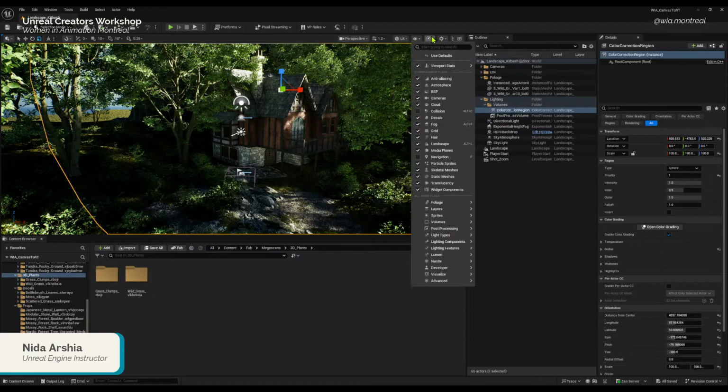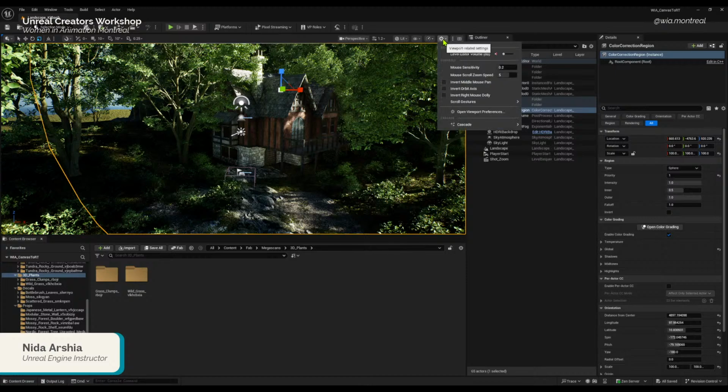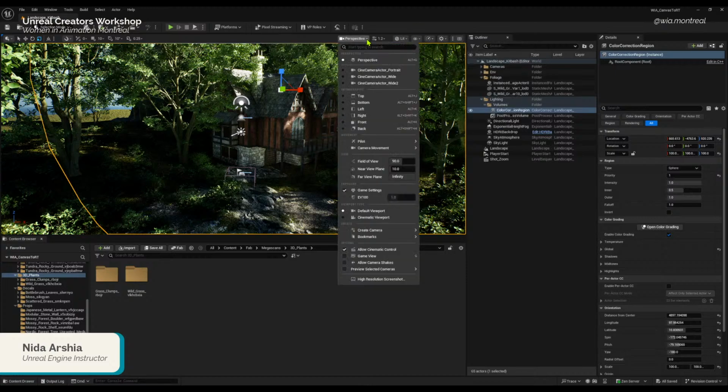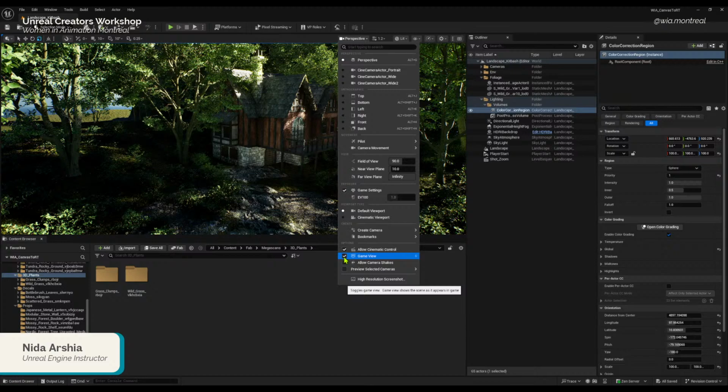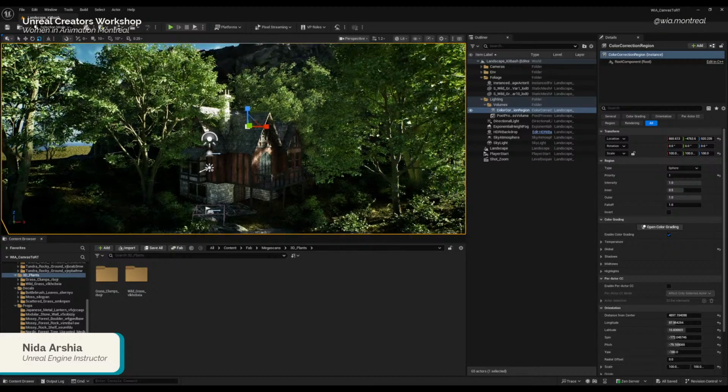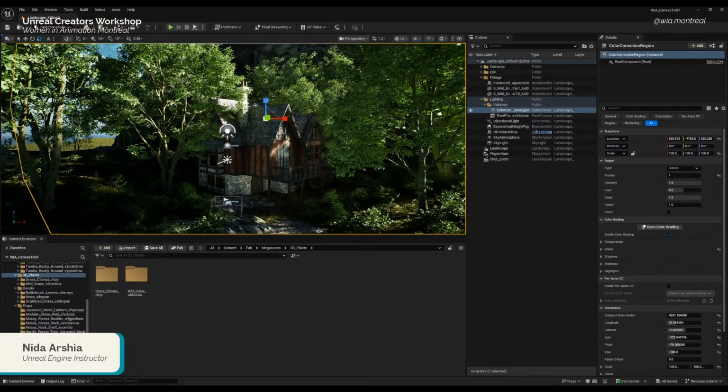The option of switching to game mode is also available here in the perspective. When you select game view, all the gizmos, everything is going to be gone, and right now we can see them in the level.